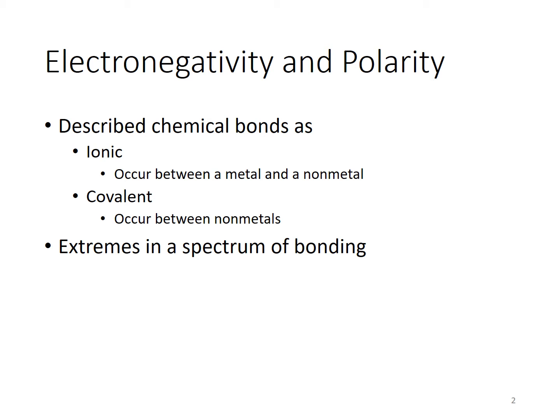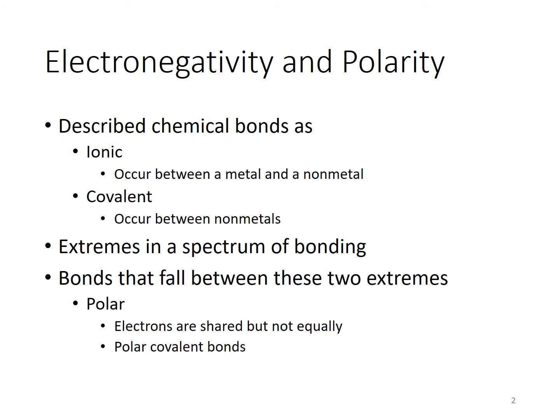So it's not that we lied to you, but there are some nuances here. It's not just ionic or covalent. It's not just black or white here. There actually is a spectrum. And many of these bonds, in fact, all bonds fall between these two extremes. And sometimes we can define them as ionic or covalent, but there's something in the middle that encompasses a lot